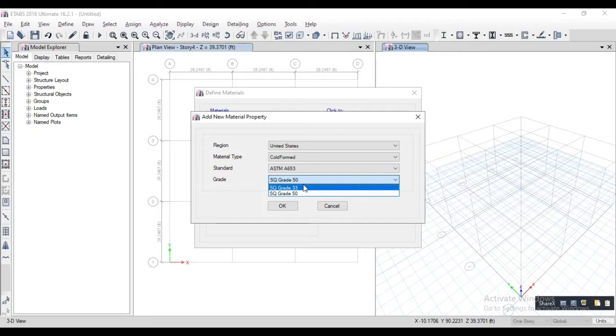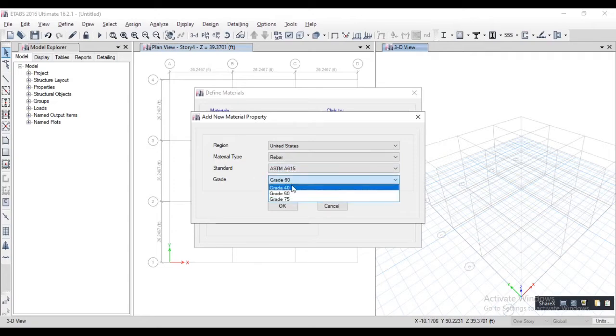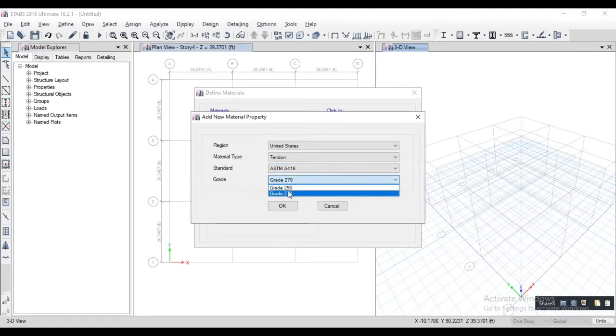They mostly use SQ grade 50. And for rebar, ASTM A615 is the available standard, and three grades are available, grade 40, 60 and 75. For tendon, there is one standard, ASTM A416, and the grades are 270 and 250. Mostly they use grade 250 for tendon.